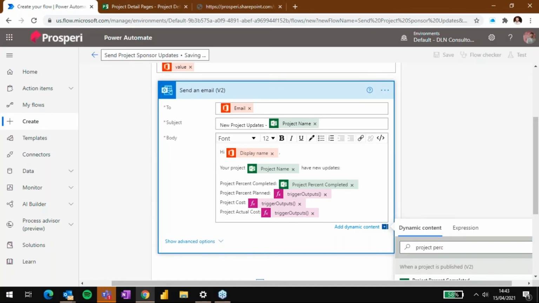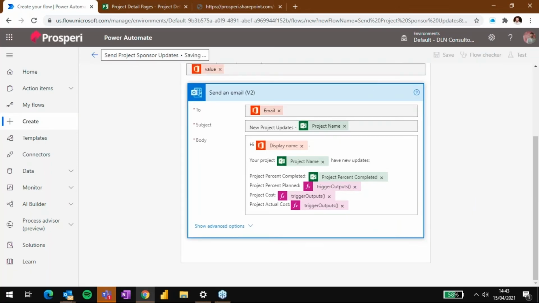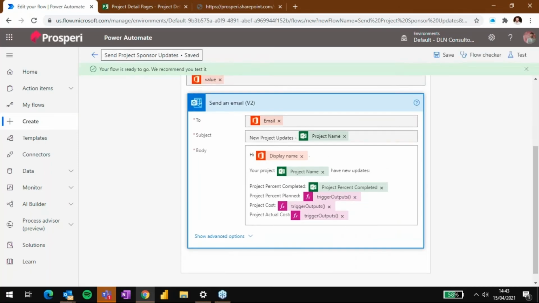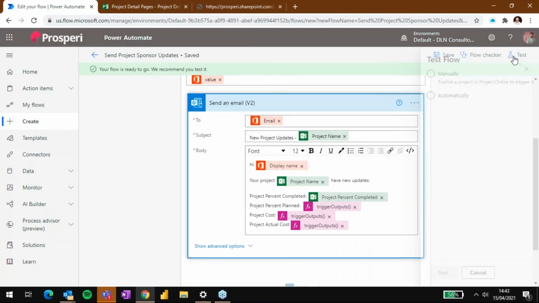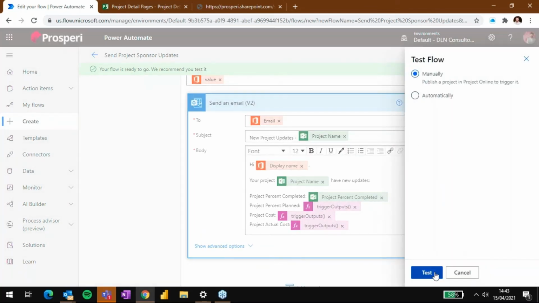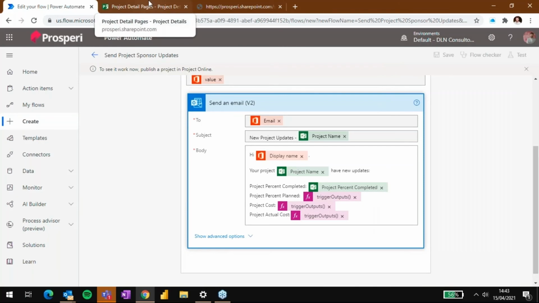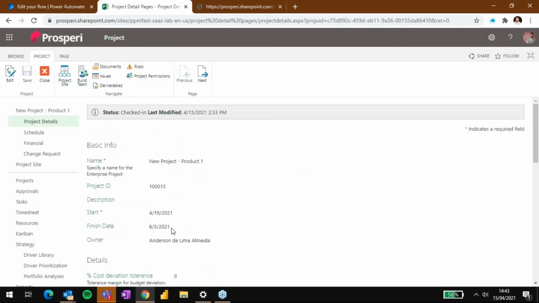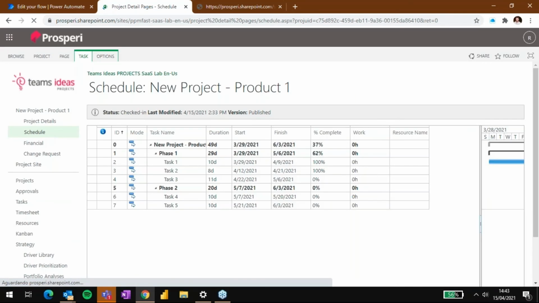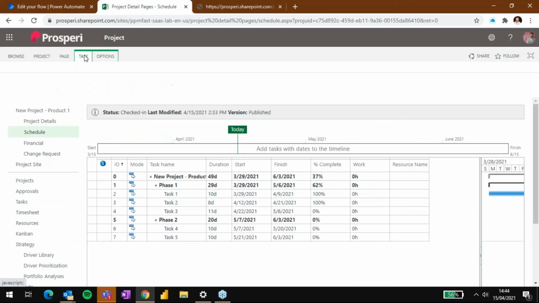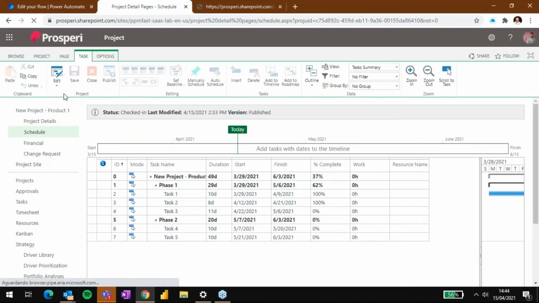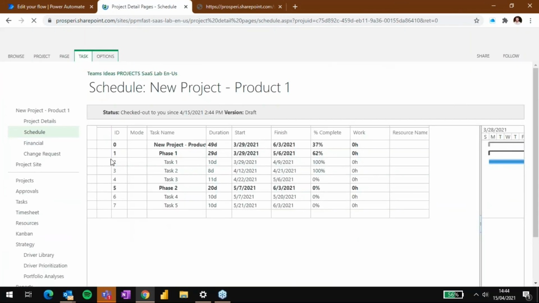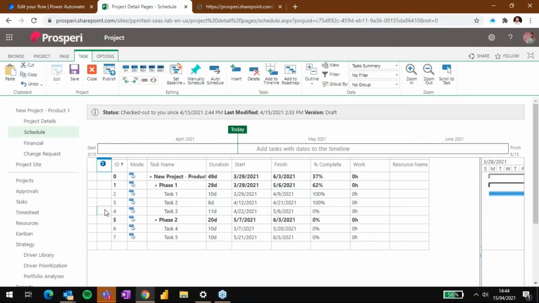let's save this flow and let's test. So let's go to our project here. We have all this information. Let me update some information here. For example, let's update this task,